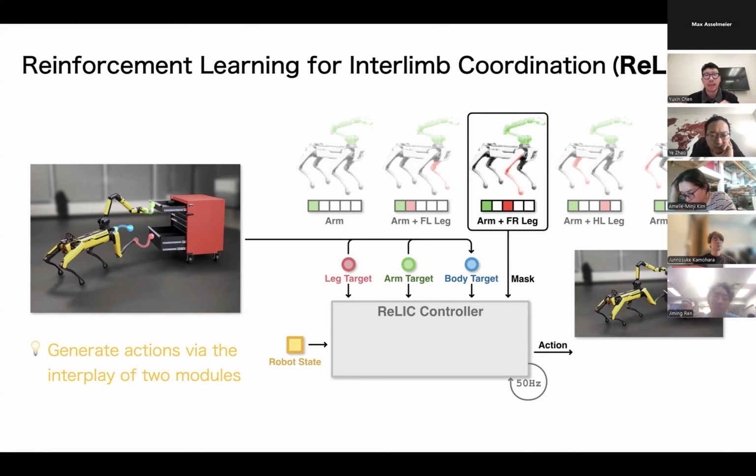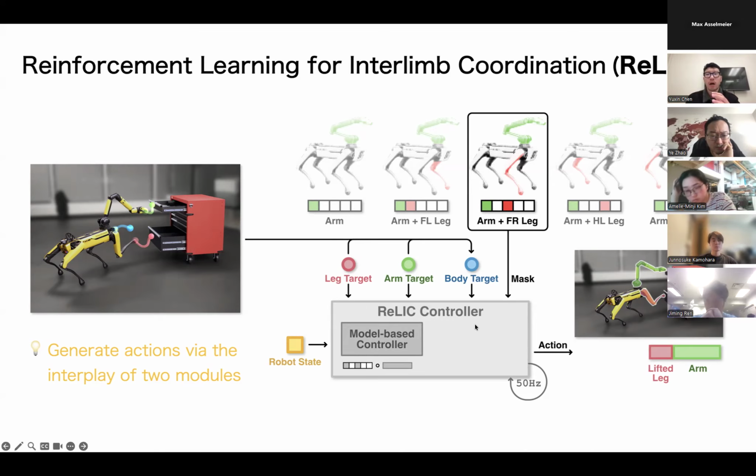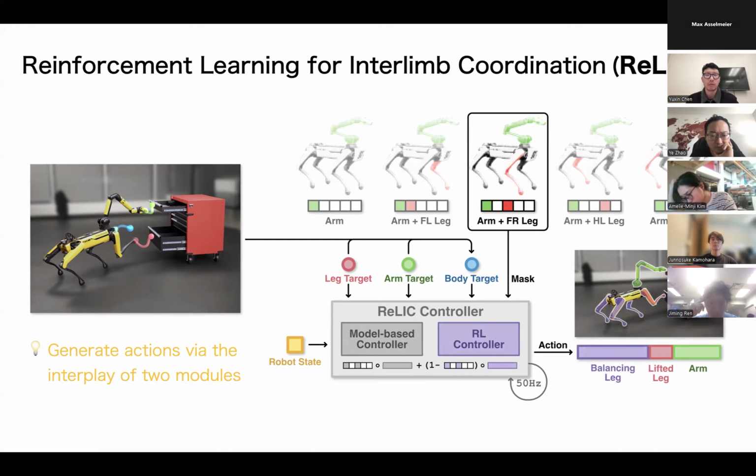It's really hard to train an end-to-end policy, for example, a reinforcement learning policy, to handle both modules at the same time. Therefore, we split the controller into 2 parts. One is the model-based controller, which explicitly controls the arm and the lifted leg motion, or say the manipulator motion. And the other half, we use a reinforcement learning controller to control the balancing leg motions. In that case, we decompose these 2 modules so that each module can achieve the best performance on its own.